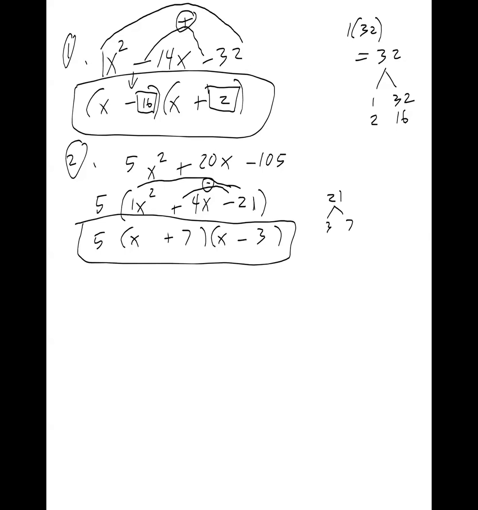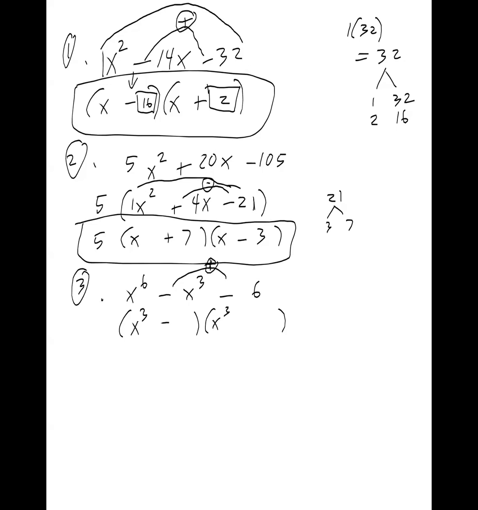Next, we're going to do number 3. This one says x to the 6 minus x to the 3 minus 6. And we have to break this apart into half as big of a power as 6. So this power of 6 breaks down into x to the 3rd times x to the 3rd. And notice that the third power matches the middle, which is pretty much what happens when you have something in quadratic form. Bring down the first sign, which is negative, multiply the two negatives together, which makes a positive